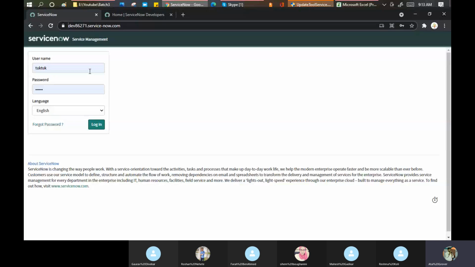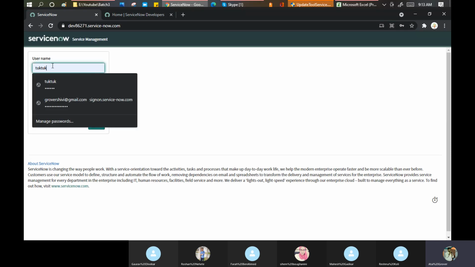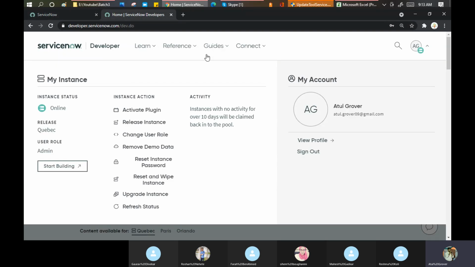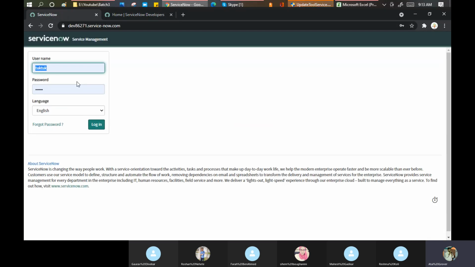The one thing which is important for you is that you will be getting the admin username and the password. So you need to be logged in with the admin here. Your username will be admin and the password you will get on the top, in red color. Okay, once you get that, then you need to be logged in. The reason is that I created a dummy user for me in my instance, and I'm using that only.